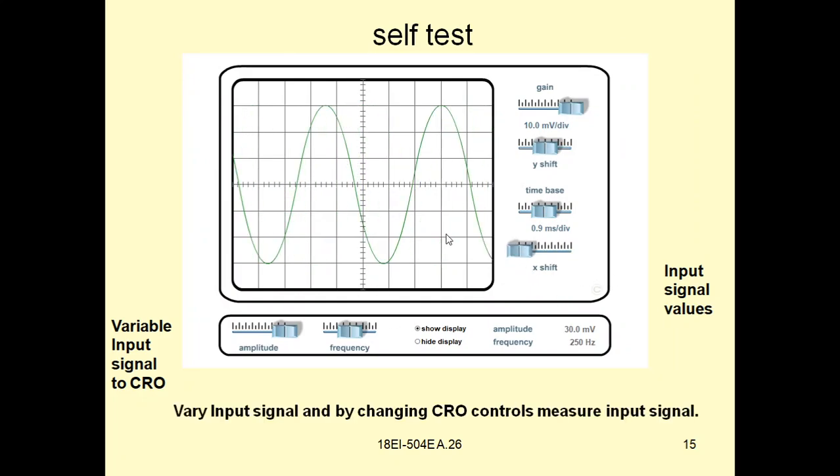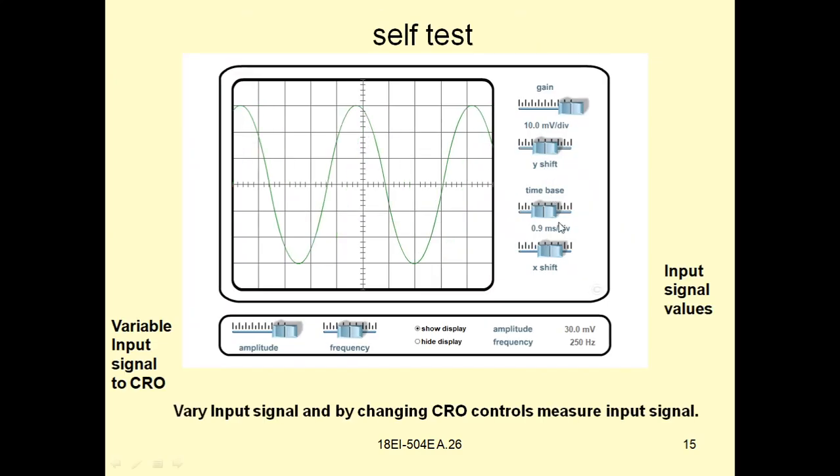So by adjusting this, you can vary the amplitude. Some problem is there. So that is how, this is for self testing. That means by increasing the amplitude, or by changing the frequency, or by decreasing the amplitude, increasing the frequency and decreasing the frequency. Now whether you can get the correct values or not, that has to be tested using this.